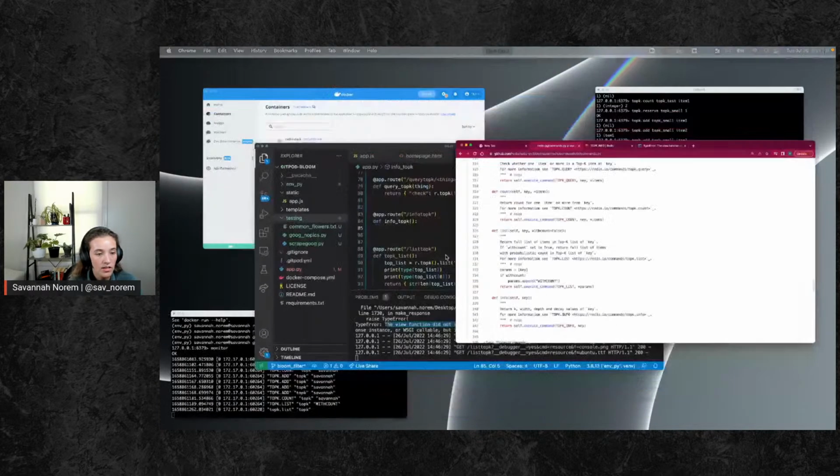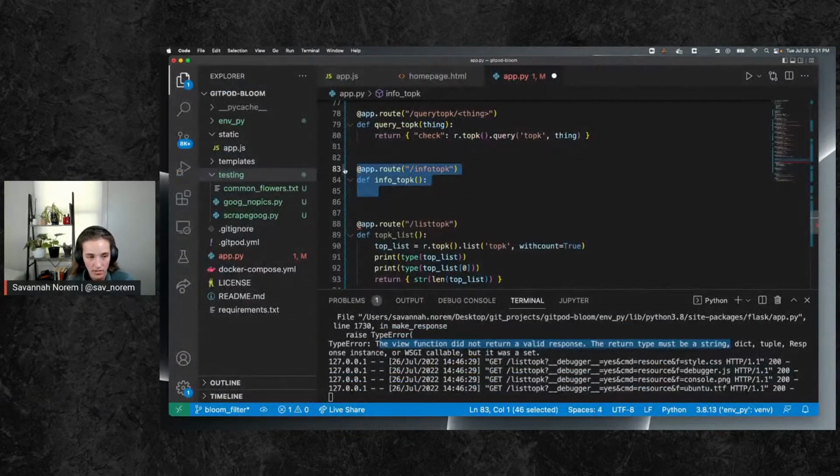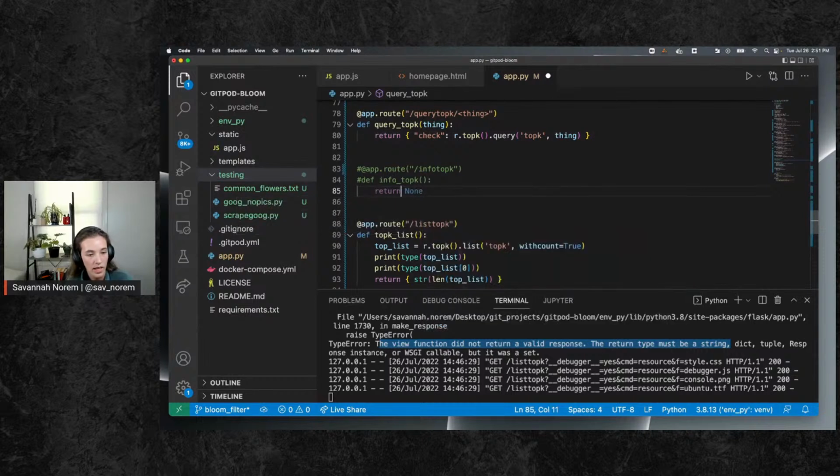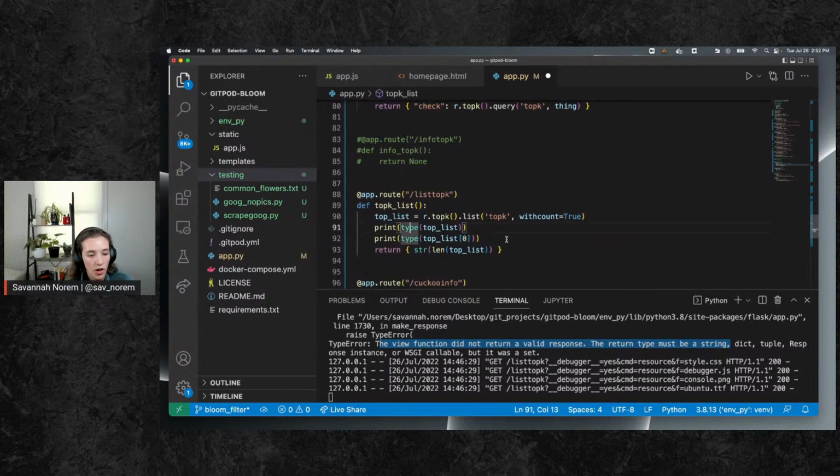So actually, let's comment this out. I'm just going to put return none and comment it out. I just don't like having functions that don't have any return values, even if they're commented out. So instead, if I delete this,